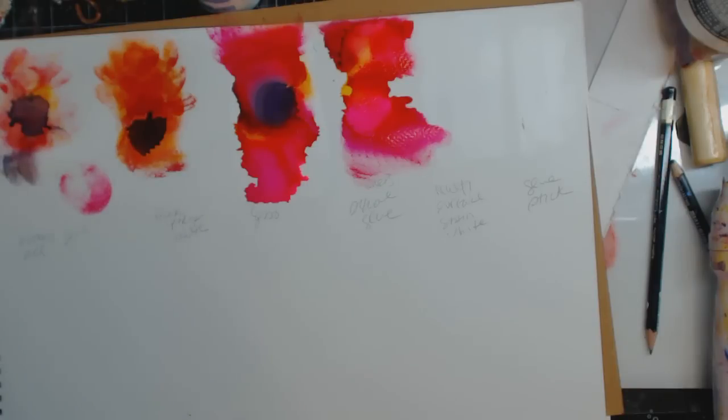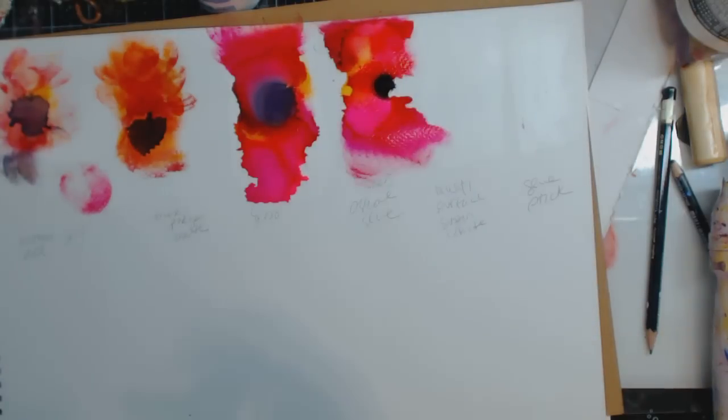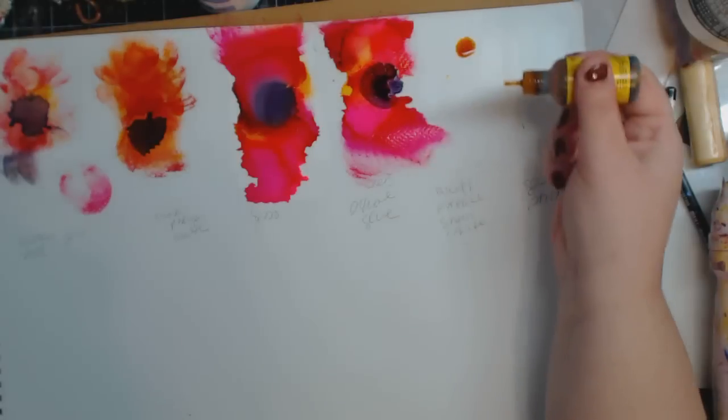Here we go. Oh, Cal, come on, get with the... I got to put my dark color here. Just a bloop. There we go. Just so we can see how it spreads. All right, so this is that. So we're going to do...